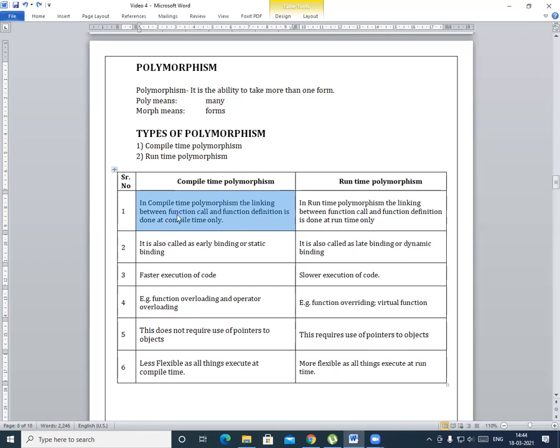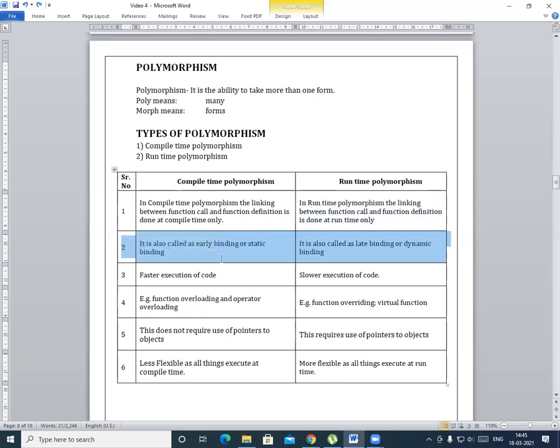Means when the linking between function call and function definition is done at compile time, then it is compile time polymorphism. When this linking is done at runtime, it is called as runtime polymorphism. So in runtime polymorphism, the linking between function call and the function definition is done at runtime.